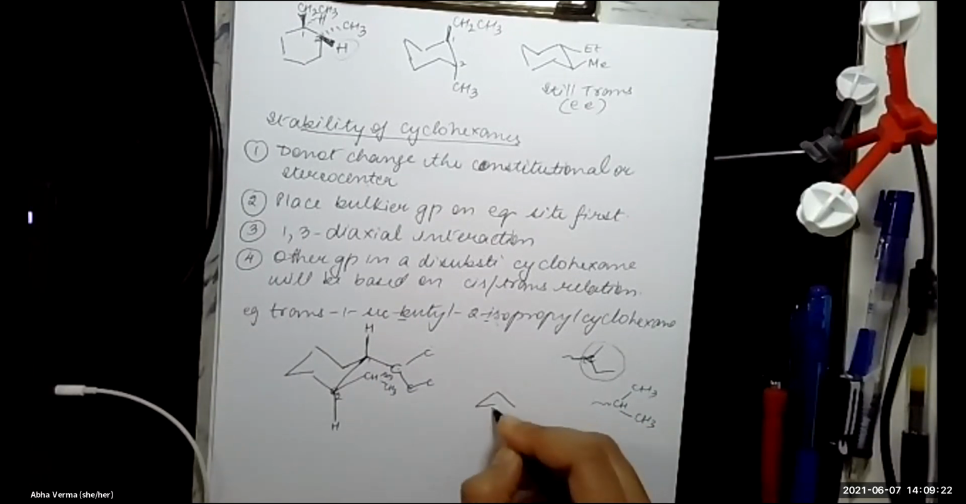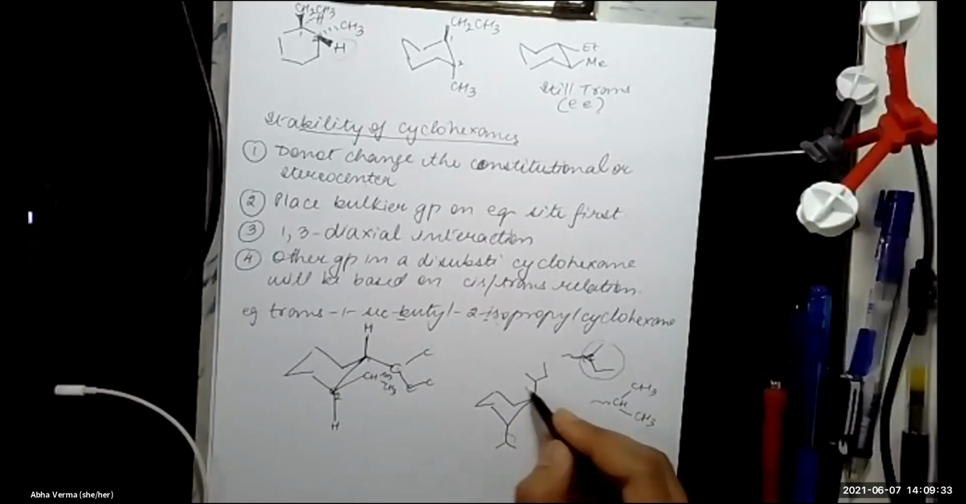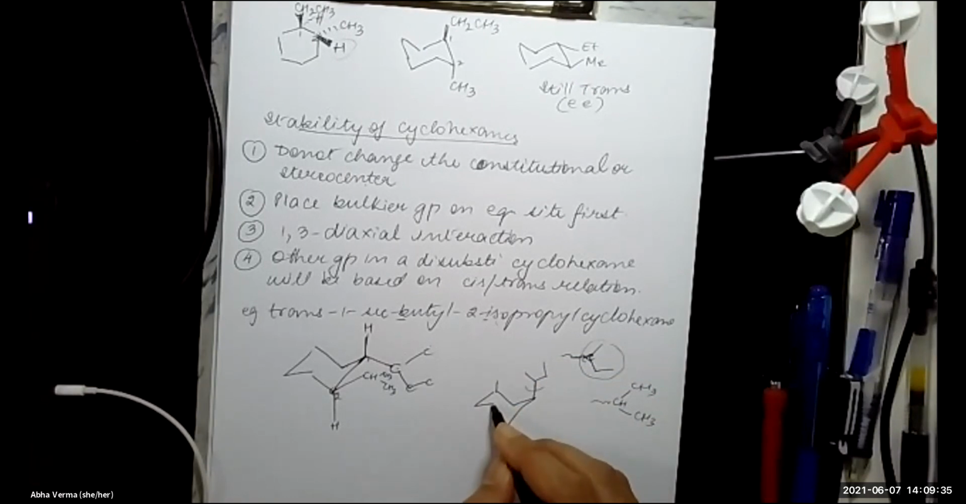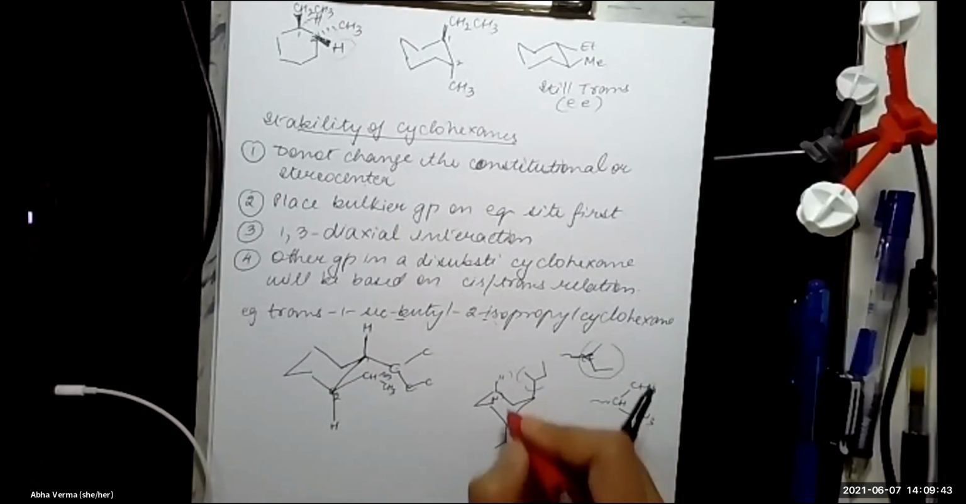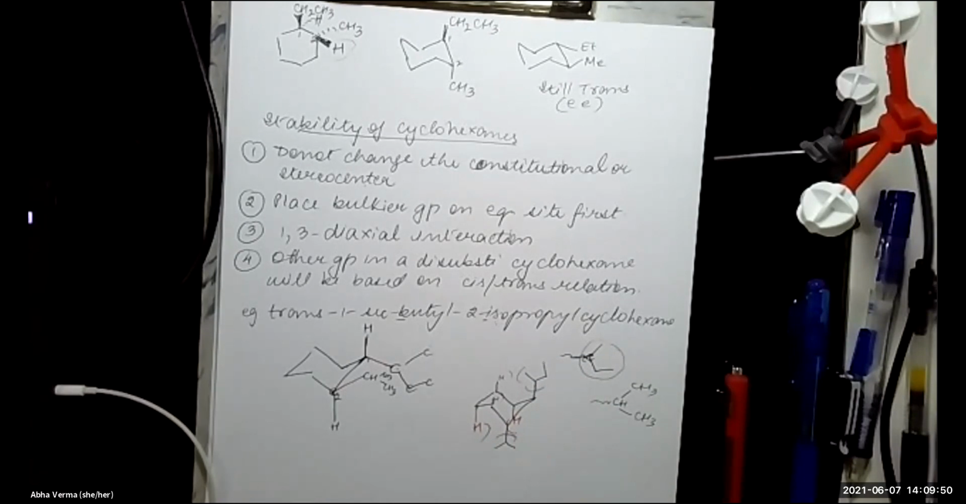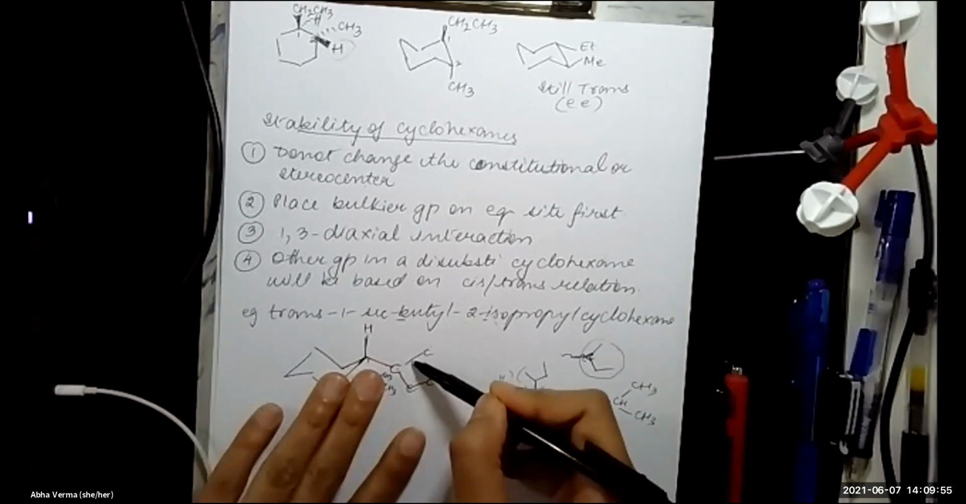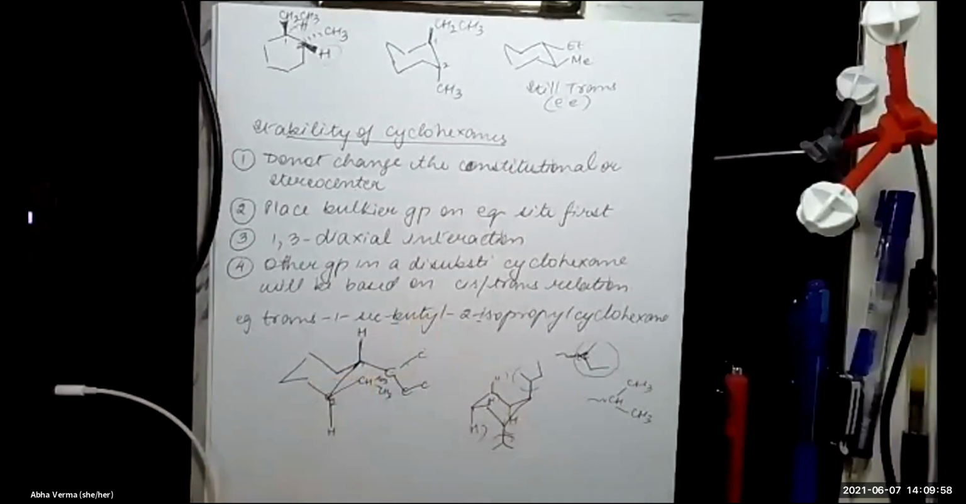What would my high energy conformation be? This will be my high energy conformation. Axial, axial. Why? Because there will be 1, 3 diaxial interactions here. There will be 1, 3 diaxial interactions here also. So when I place my bulky groups, my first bulky group has to be on the